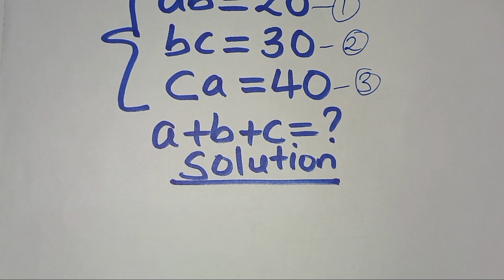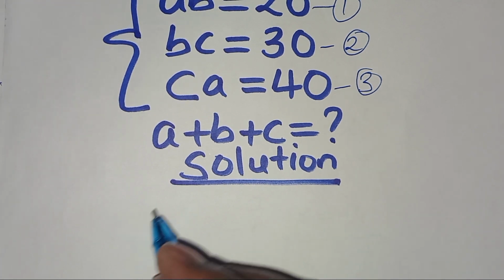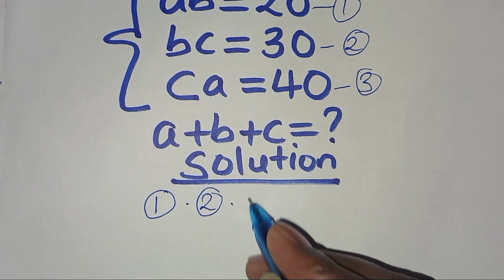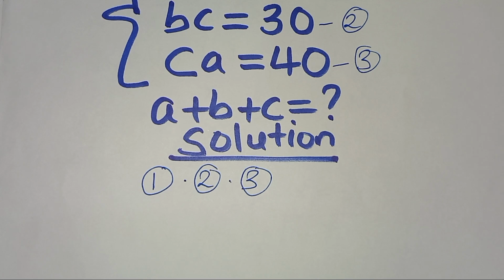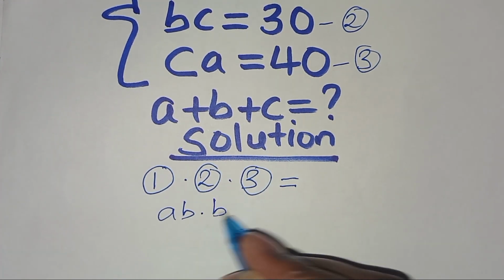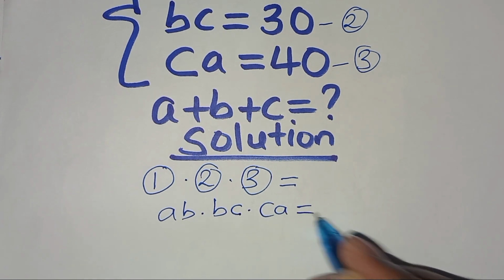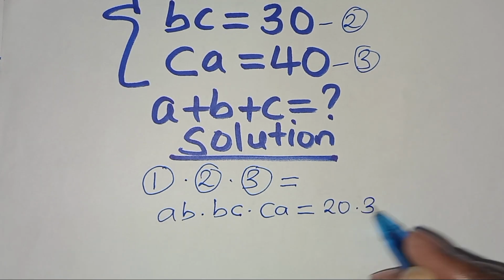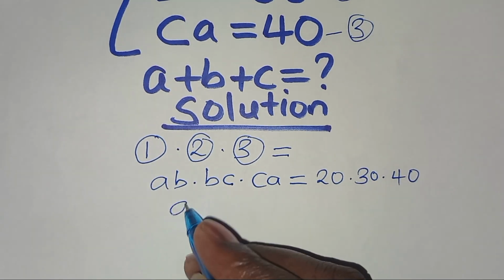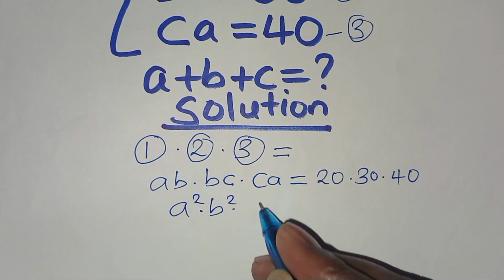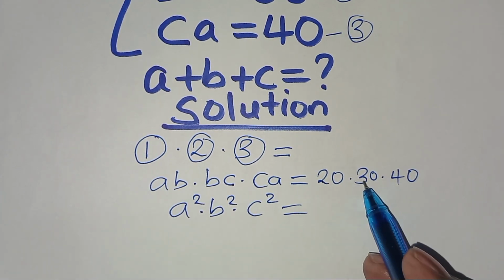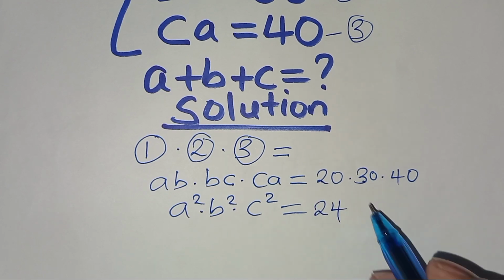So let's solve this problem. The first thing here, let's multiply equation 1 by equation 2 times equation 3, which is essentially a times b, b times c, and c times a, and this is equal to 20 multiplied by 30 multiplied by 40. So here we'll have a squared multiplied by b squared multiplied by c squared, and this is equal to, now here we have 2 times 3, here is 6 times 4, this is 24,